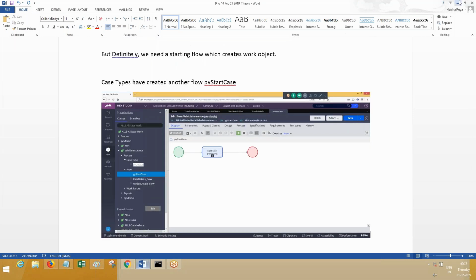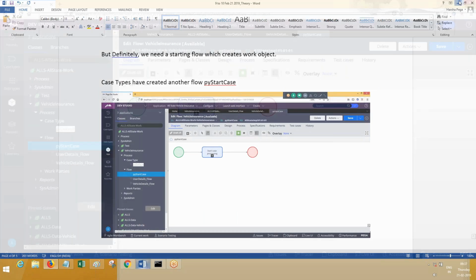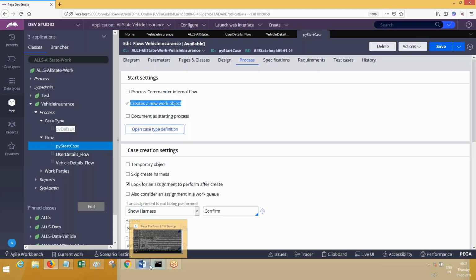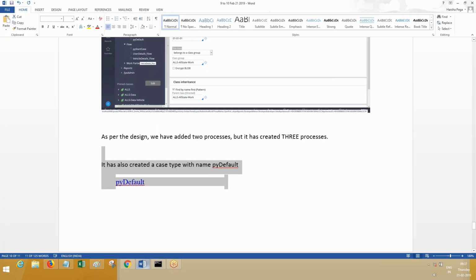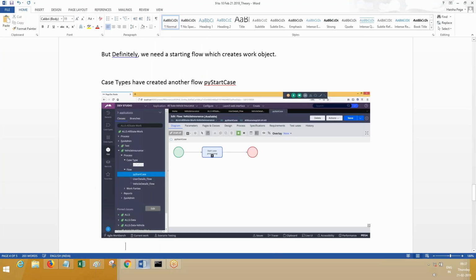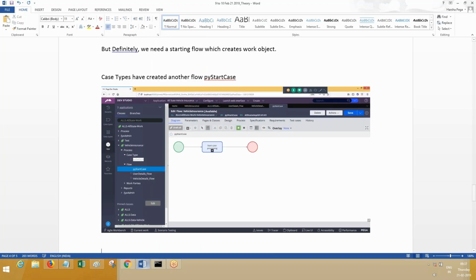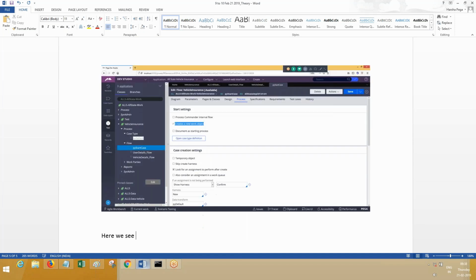If you go to the process tab of this, here you see creates a work object. It is disabled plus it has been selected or not? It has been selected. Here we can see that this flow is creating the work object. This is responsible for creating the work object.